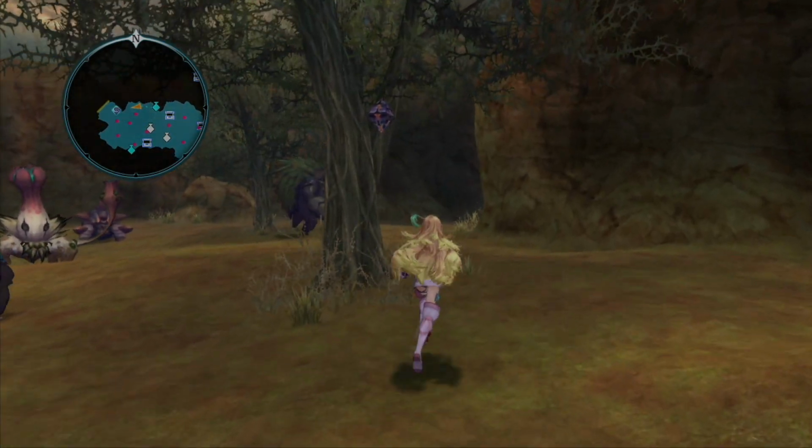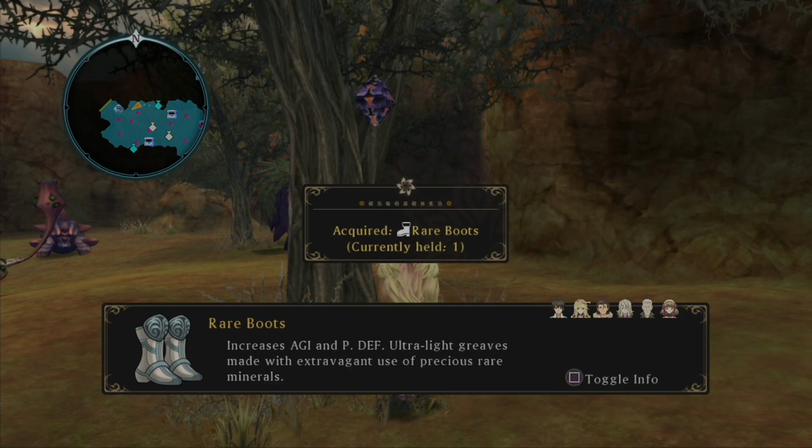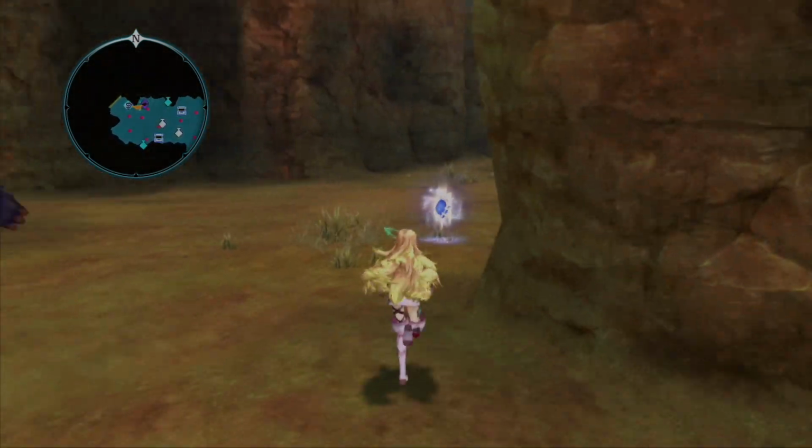Another Ifreed treasure. There are 2 in the high road. Rare boots. Increases agility and physical defense. Ultralight greaves made with extravagant use of precious rare minerals. That was something that was available in the...